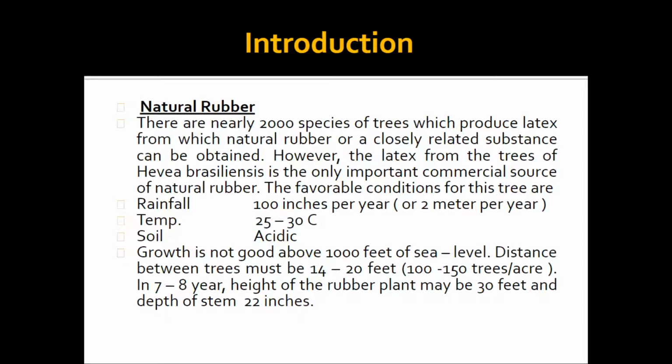First we will see the introduction of natural rubber. Actually, there are nearly 2000 species of trees which produce latex from which natural rubber or closely related substances can be obtained. However, the latex from the trees of Hevea brasiliensis is the only important commercial source of natural